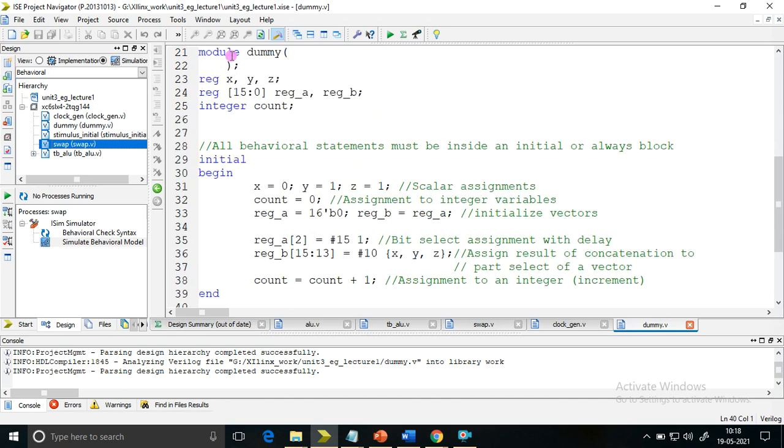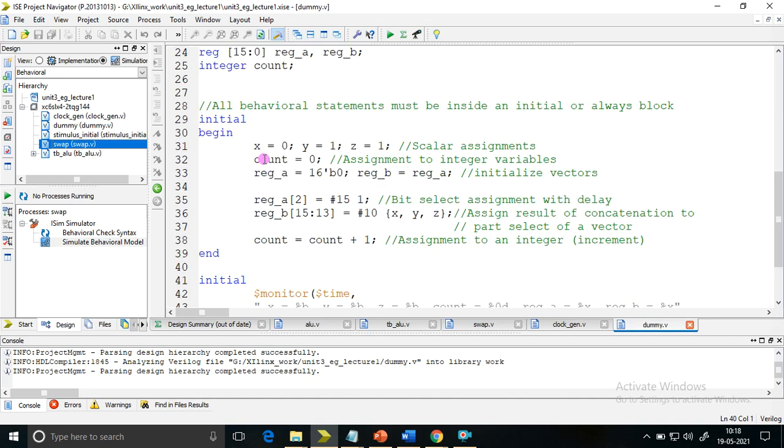But with this code, we are not generating any hardware out of it. We are trying to understand the concept of the blocking statement. So no hardware comes into account here. So don't go for synthesis. Synthesis is mapping of software code to the hardware. So don't go for synthesis. Directly come to the simulation.